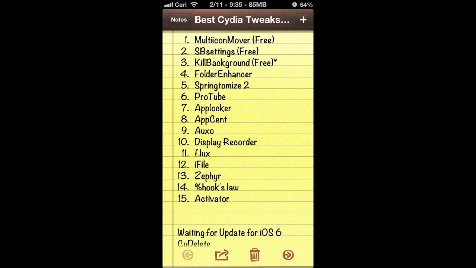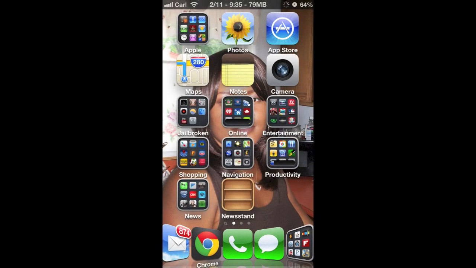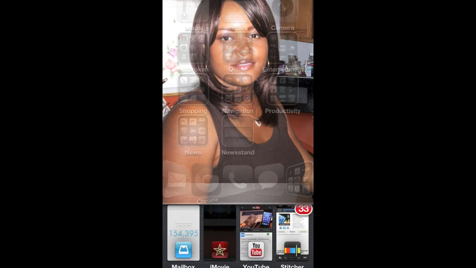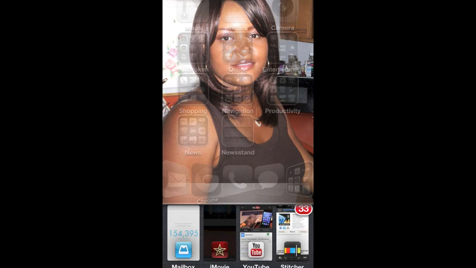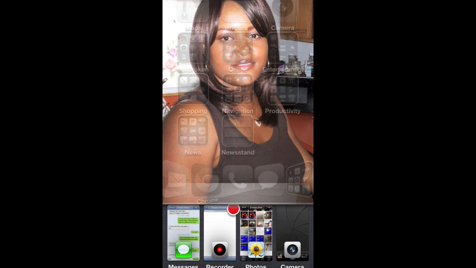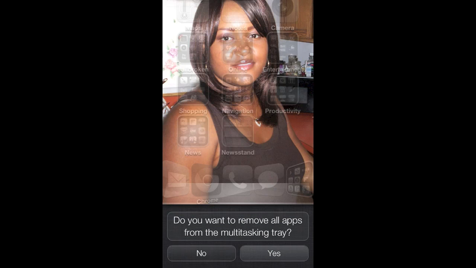Very simple app. When I double tap my home button, it brings up the apps that I have recently been in, and instead of just having an icon, you see it has a preview of the actual app. You see the YouTube, you can see the last video I was watching, and if you want to get rid of something, you just swipe up on it. Okay, get rid of the Safari, get rid of my camera, and if you want to get rid of everything, you just press down on any one, and it asks you, do you want to remove all apps? I'm going to say no, but if you said yes, it would clear all of them. Okay,